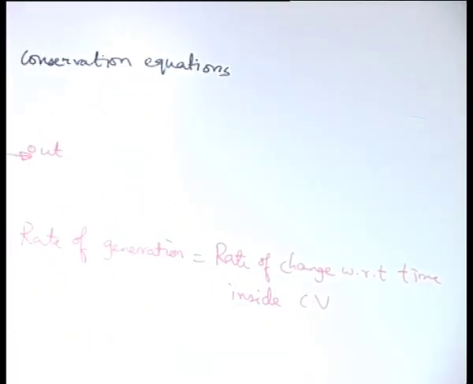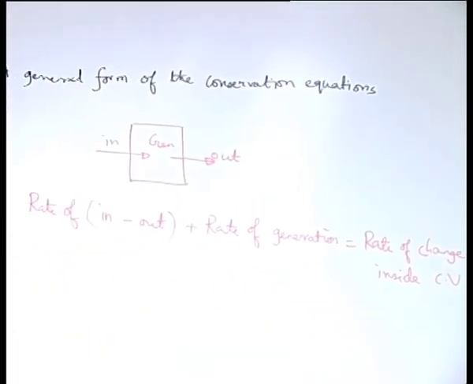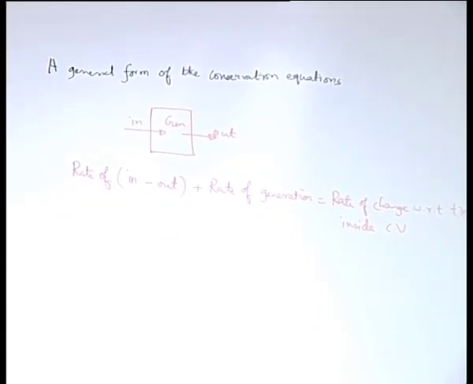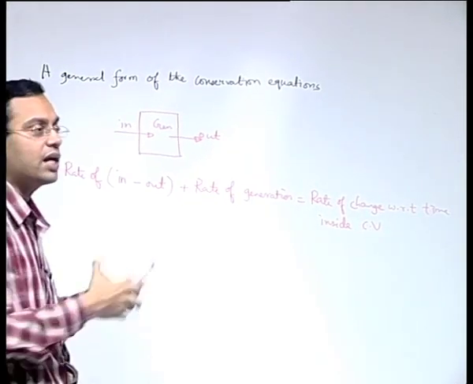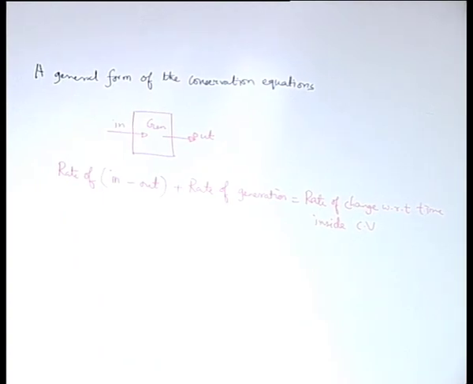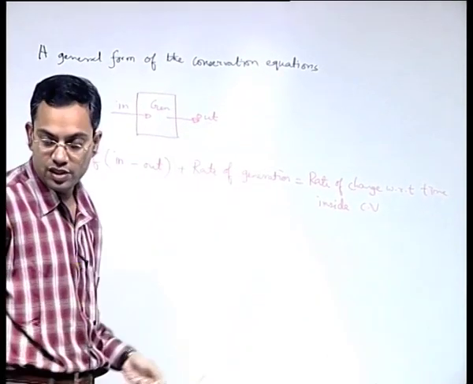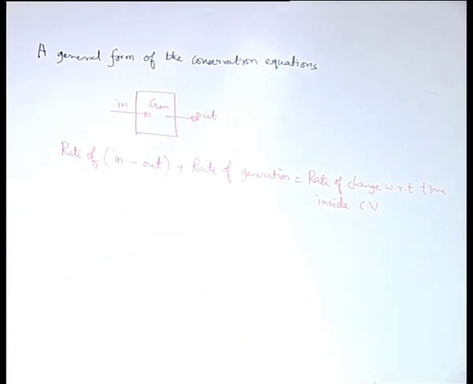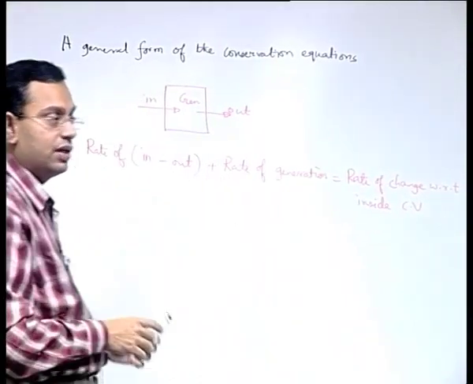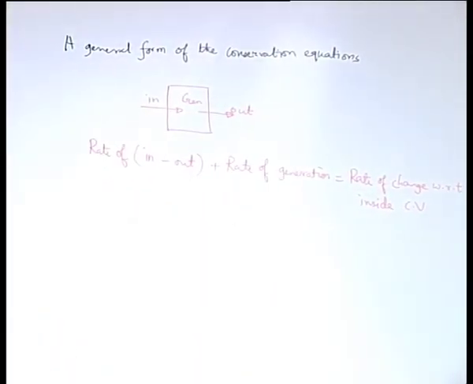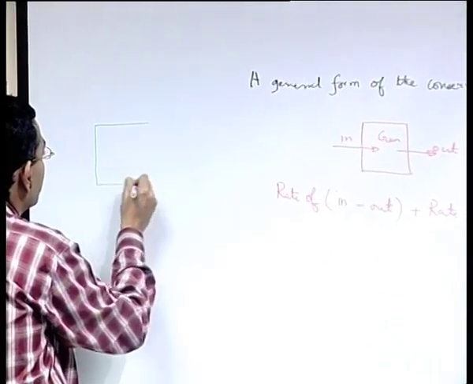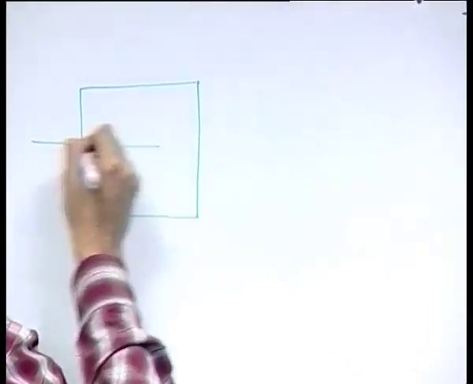This is a basic statement of conservation that we discussed in our introductory lecture. We gave an example through the bank account balance, and it does not matter what kind of balance we are talking about, it is the same philosophy that works. Now we will try to express this qualitative statement in terms of a mathematical quantification. So we will consider a control volume, let us make a sketch. For convenience, let us consider a control volume of a rectangular shape.